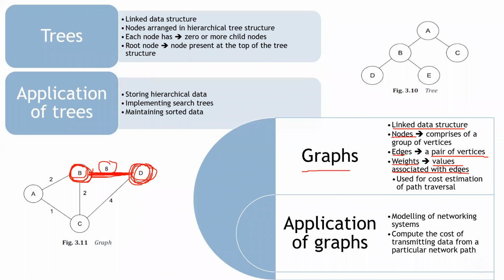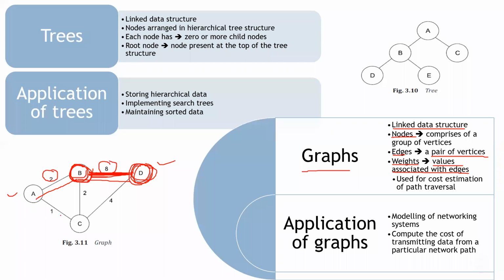Now, where it is utilized is in computer networks. Generally, you need to identify, for example, the shortest path between two nodes. Suppose this is one system, which is a node, and this is another system. Now, I want to communicate between A and D, so I put on the condition that the cost has to be minimum, or the weight has to be minimum. If I traverse from A to B, the cost is 2, and if I move from B to D, the cost is 8. So the total cost is 8 plus 2, which is 10.